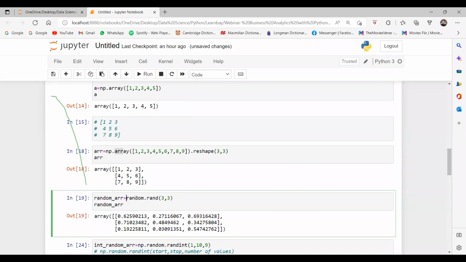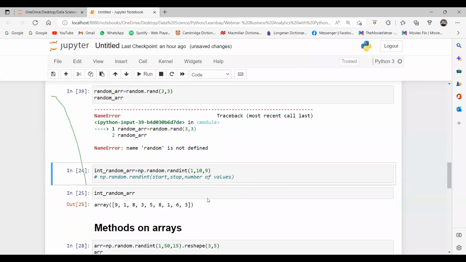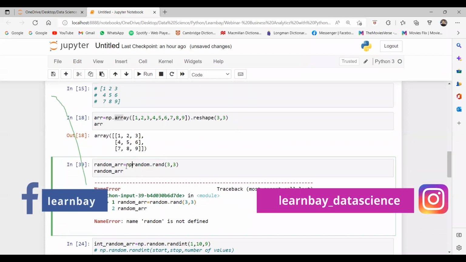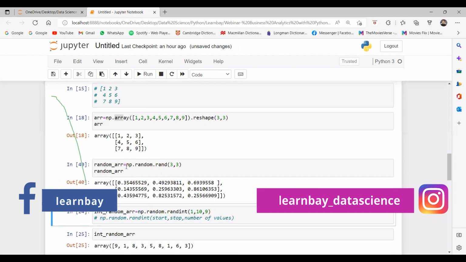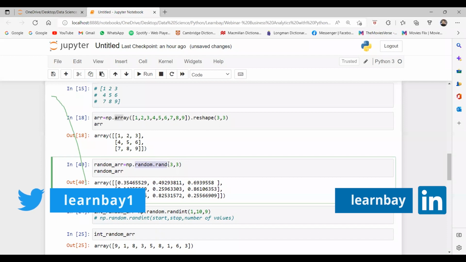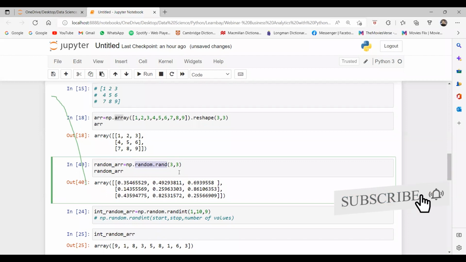See, it is throwing me an error: name random is not defined. Why? My interpreter is not understanding where this random comes from. This random is defined in NumPy, not in basic Python. If I use np dot, I'm telling my interpreter to search in the NumPy library, where it will find the NumPy dot rand function.